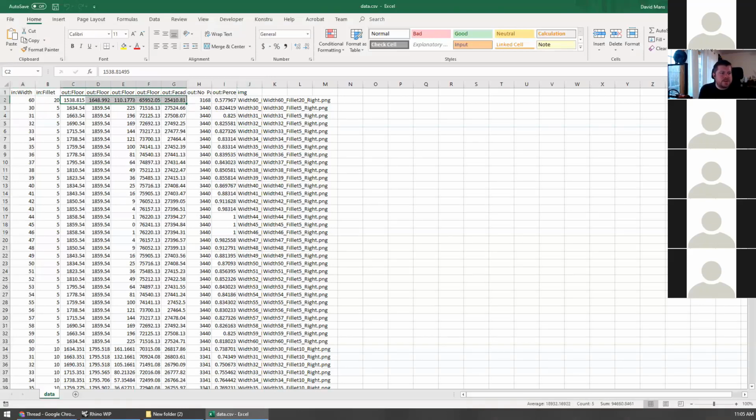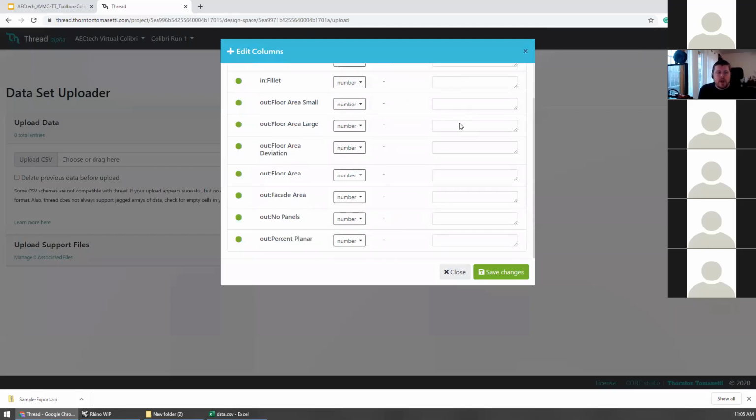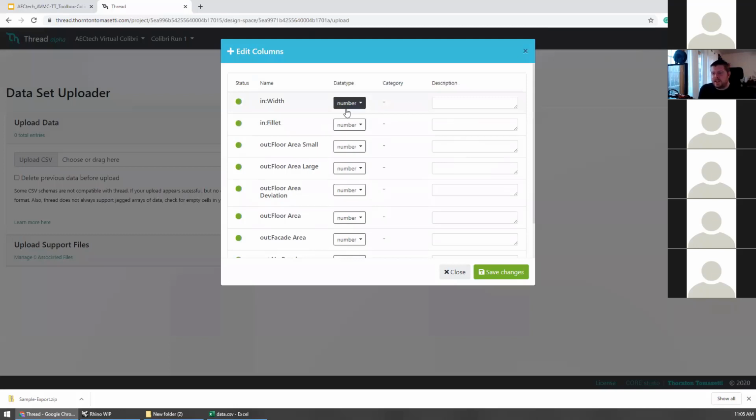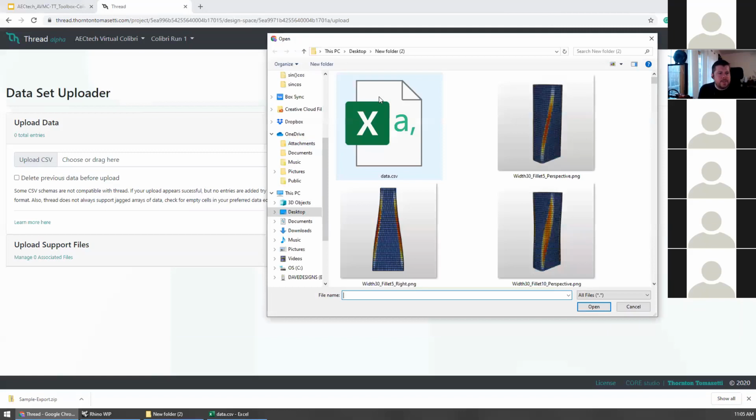And then I can also see the value type. If I look here, it's said that this is a number, this is a number. And in this case, all of these are numbers. So what it's actually done is looked at the data and tried to guess what it is. It could be a date. It could be a set of tags if it has a bunch of commas in it. It could be a string, which is text, or it can be a number. And so if you know that the data that you selected is not in the correct format,